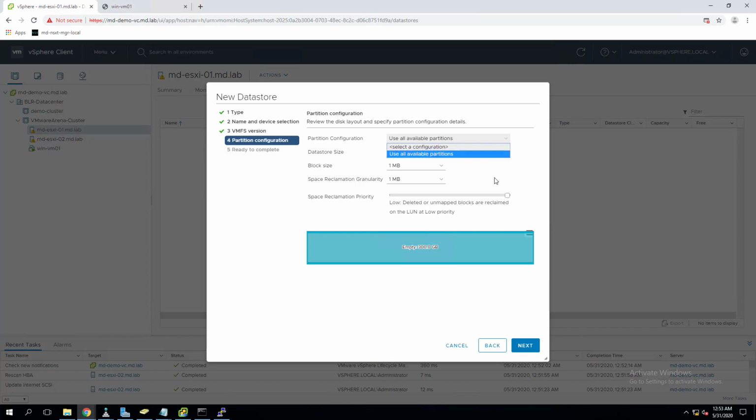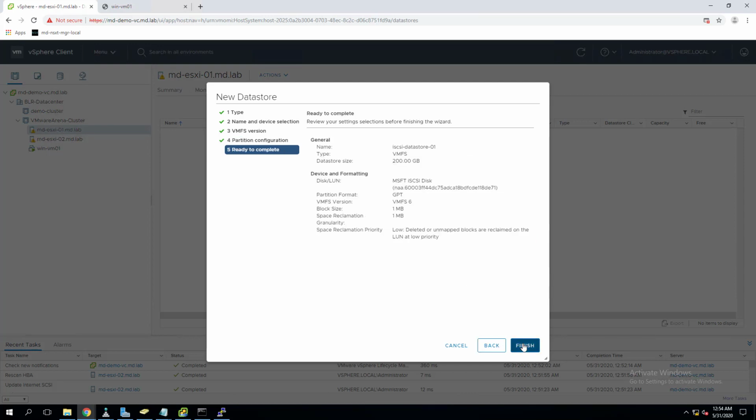In the partition configuration, what we can do is, so we have a 300 GB device. If you want to create the entire size as a data store, or we can also select what size I want. If you select the complete one, the data store size will be 300 GB. So let me create a 200 GB data store out of that 300 GB device. I can drag and drop there, or I can manually enter the data store size. Let me enter 200 GB. So out of 300 GB, I'm going to create a 200 GB data store. So it shows all the information.